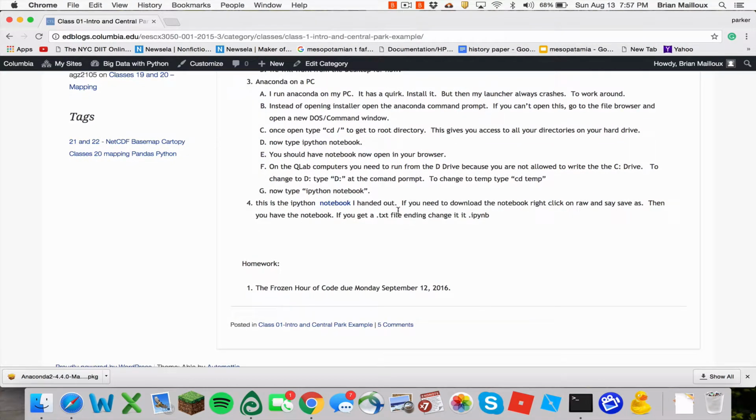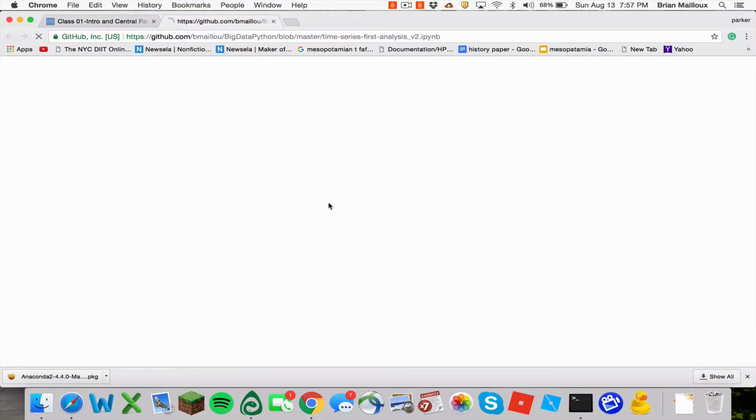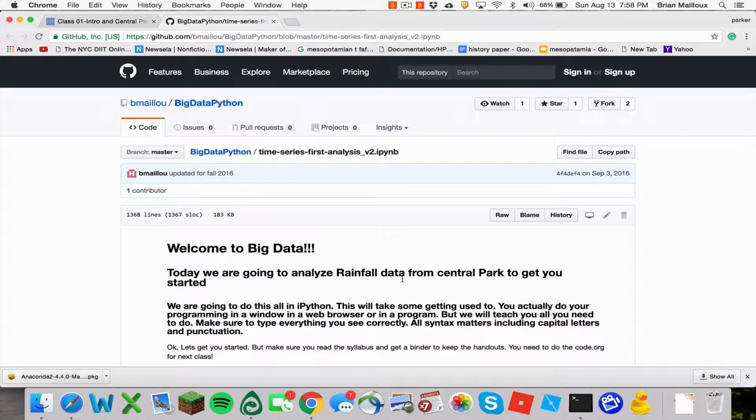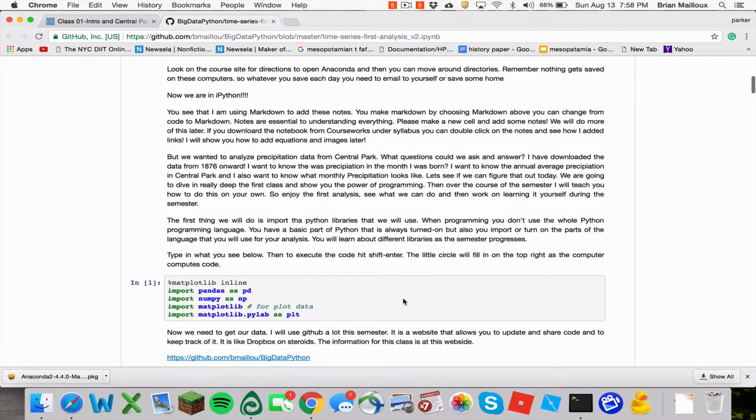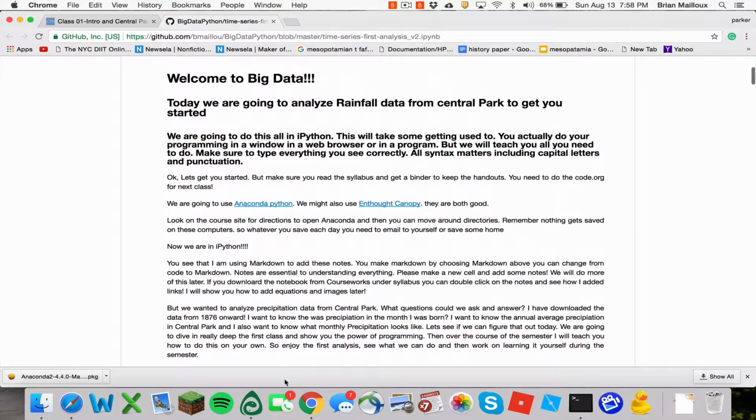Right? And then here's a link to the notebook I handed out. So I'm going to click on this to GitHub. Here's the notebook we're going to run. So here's how the notebook runs. Let me go back to